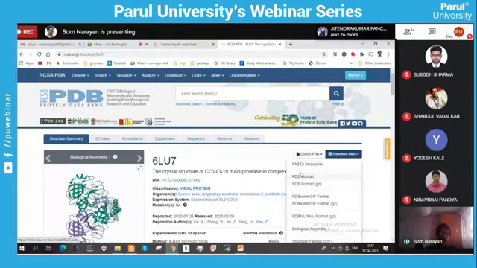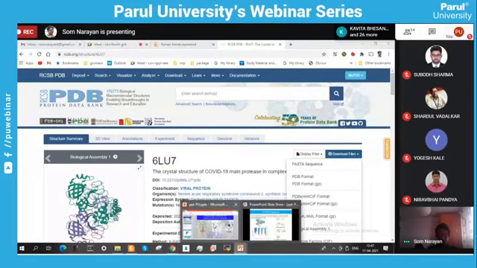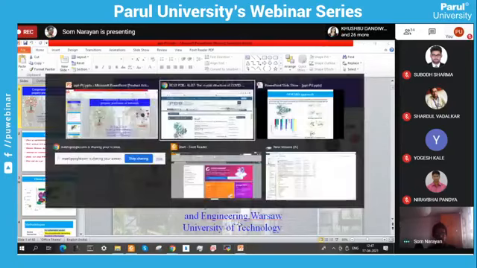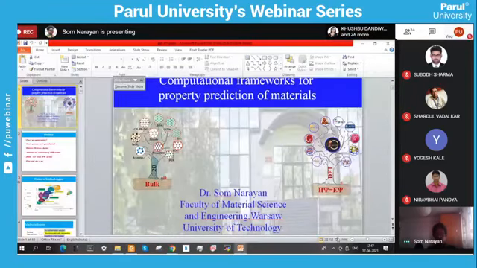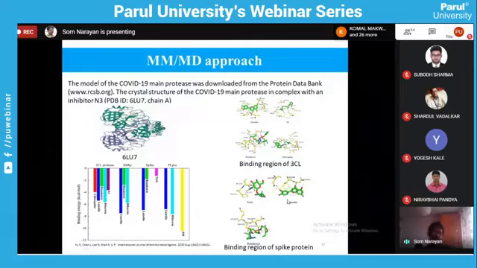You can download the PDB format of it and open it with some visualizers, like VMD or Chimera or PyMOL, and you can have that structure. So after getting this file, you can remove this N3 inhibitor, and in this paper they have bound other ligands that are used as medicines, that is luteolin, N3, then remdesivir, and you know that chloroquine is also used for controlling the